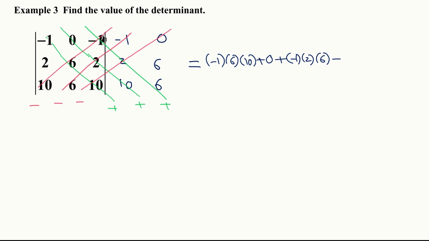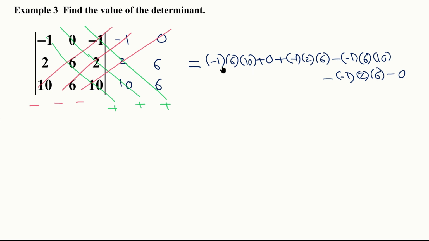I'll go this way this time. Start with this one. -1 times 6 times 10. Minus this product, -1 times 2 times 6. And then minus this product. As you can see, if there's a 0, the whole product is going to become 0. So -0, right? So